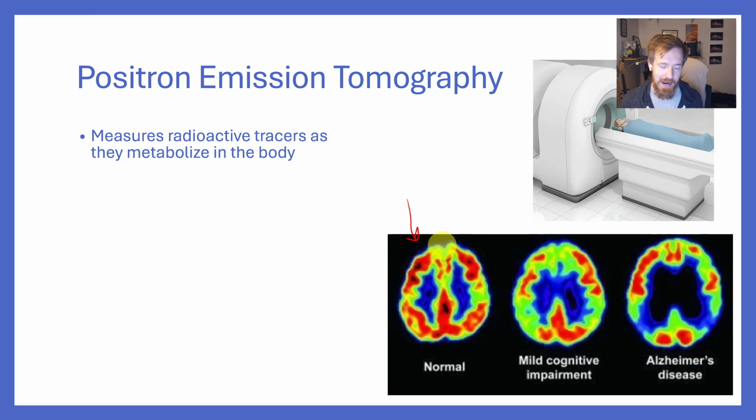The radioactive isotopes are manually created by different labs, and those isotopes are usually created with a specific function. And maybe that function might be that they are going to bind onto receptors that normally detect dopamine. That's not exactly what's happening in this figure down here, but give me a second and I'll try to explain. If you inject somebody and this is going to bind onto dopamine receptors, and you scan their brain,